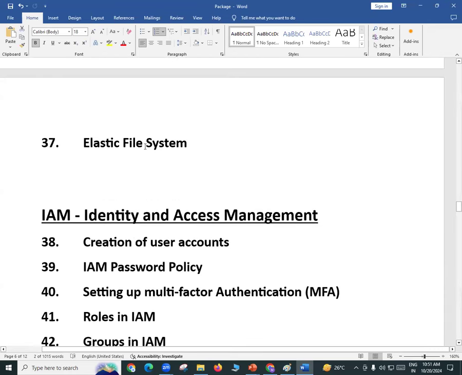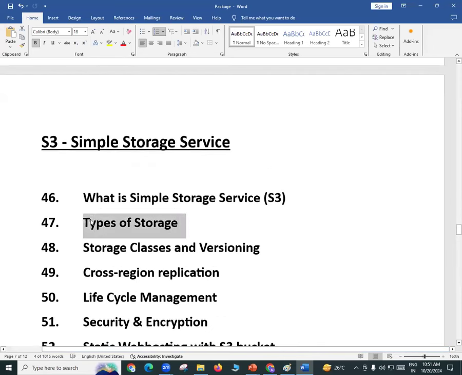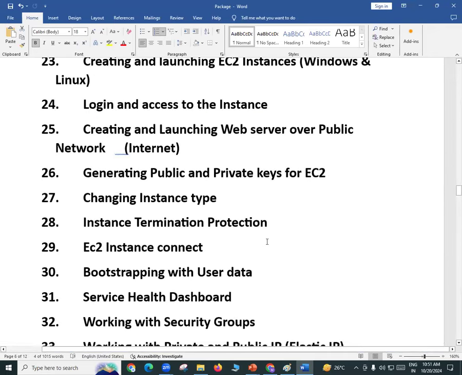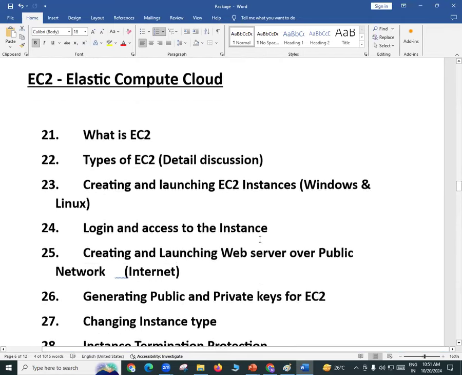Then we have something called file system. Then we have identity and access management. Then we have storage here. So there are many things you're learning in AWS that will make you ready to face an interview anywhere, and you can work anywhere. Out of all these things, once you get a job in a company, maybe your responsibility can be there only on